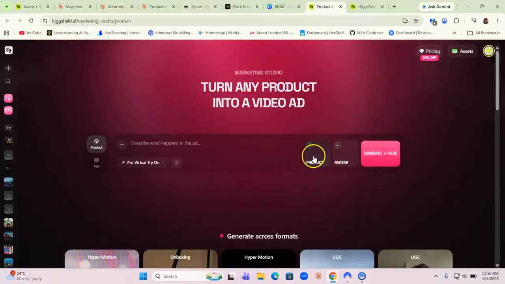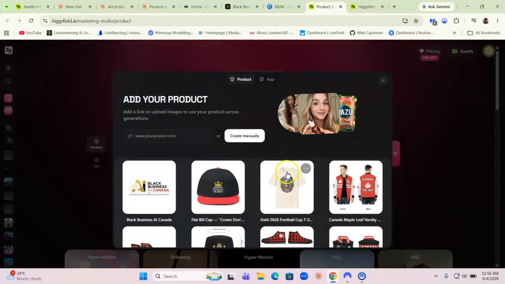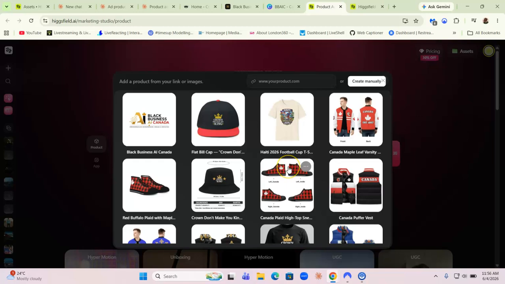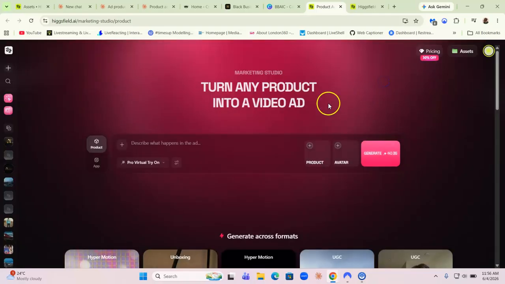You're going to upload your image. Let me just show you what we're going to do. We're going to upload the image or the product, whatever product you're selling. Are you selling stuff on Instagram? Are you selling services? Whatever you're selling, I'm going to show you how to turn it into a video ad with no editing skills, no cameras, no camera crew, no post editing. This is all AI. AI is going to do all the heavy lifting for you.